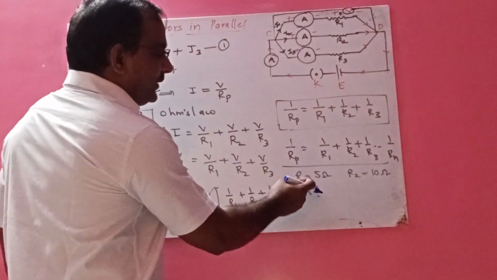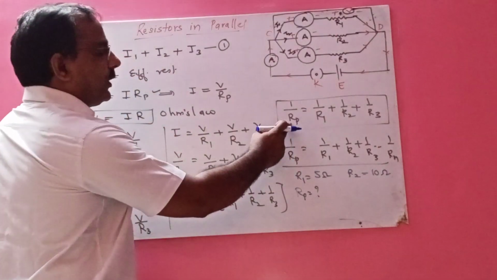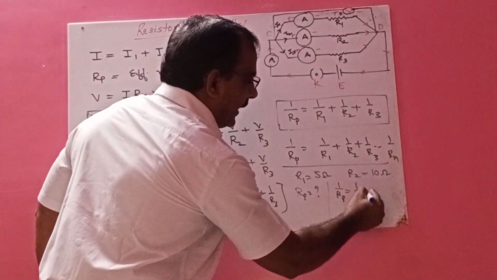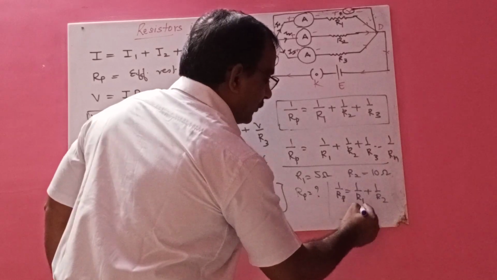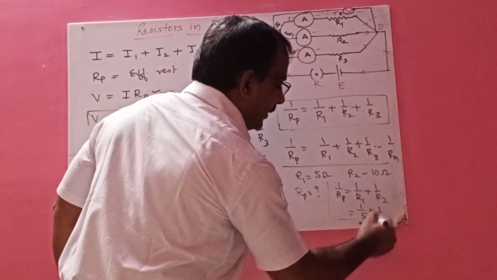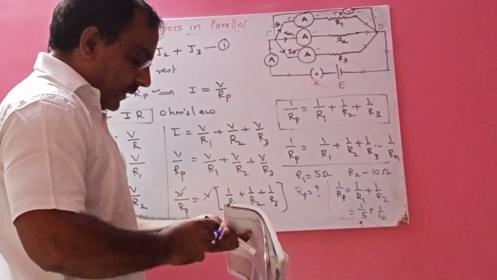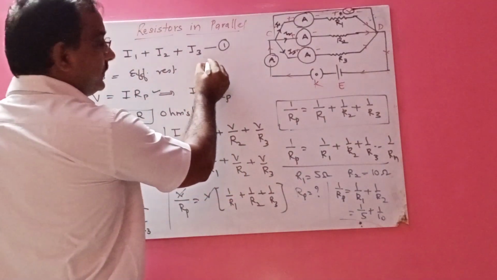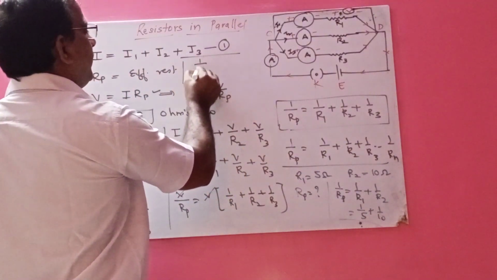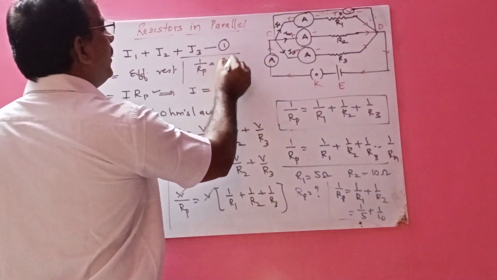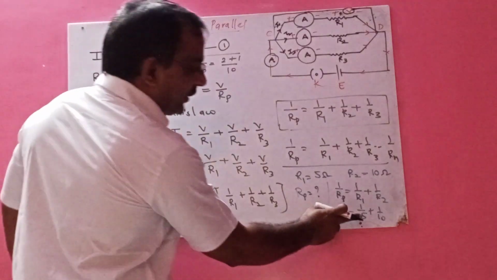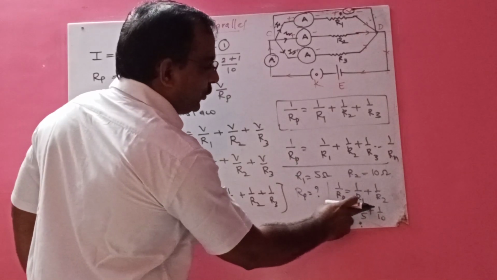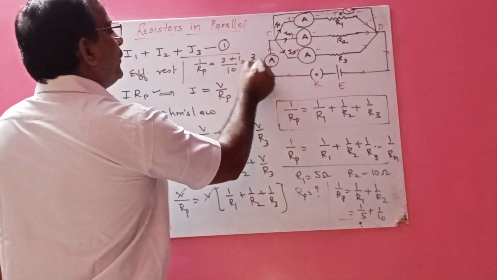Okay children, so here these 2 are connected in parallel combination. You know the formula, that 1 upon Rp is equal to 1 upon R1 plus 1 upon R2. So this is 1 upon 5 plus 1 upon 10. If you solve this, 1 upon 5 plus 1 upon 10, so here the common denominator is 10, and 2 upon 10. So you will get how much? 1 upon Rp is equal to 2 plus 1 upon 10, because this will become 10 if you multiply by 2 here and here, so 2 upon 10, so 2 plus 1 upon 10, this will become 3 upon 10.